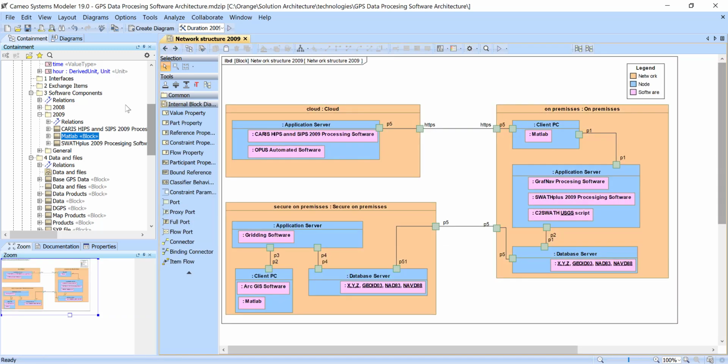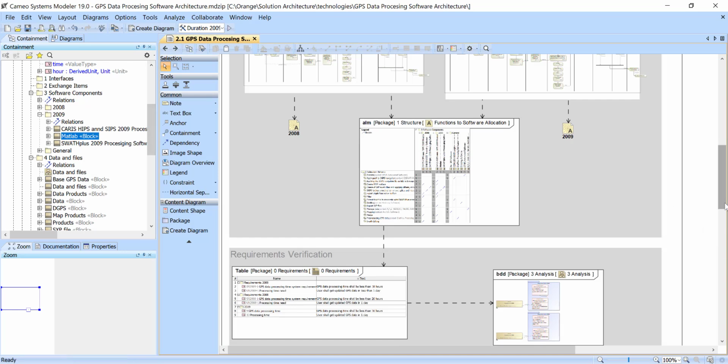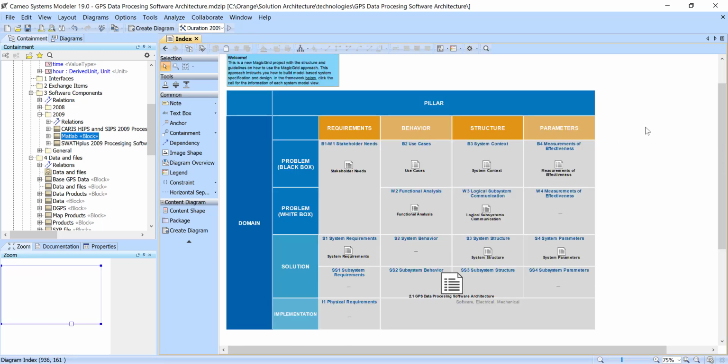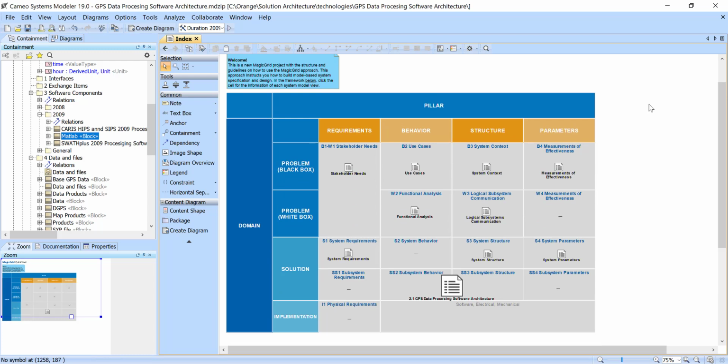So here we have this model and it is actually covering a specific software component for GPS data processing, and it could be incorporated in a bigger-picture system of systems, and also could be a result of requirements following the MagicGrid method and framework, which can start from the stakeholder needs, go to the use cases, and as a result, this component will be introduced based on different use cases, different user requirements, which we just touched a little bit, but here we will have this component in different years, different evolvement of this component architecture based on the whole system as an organization